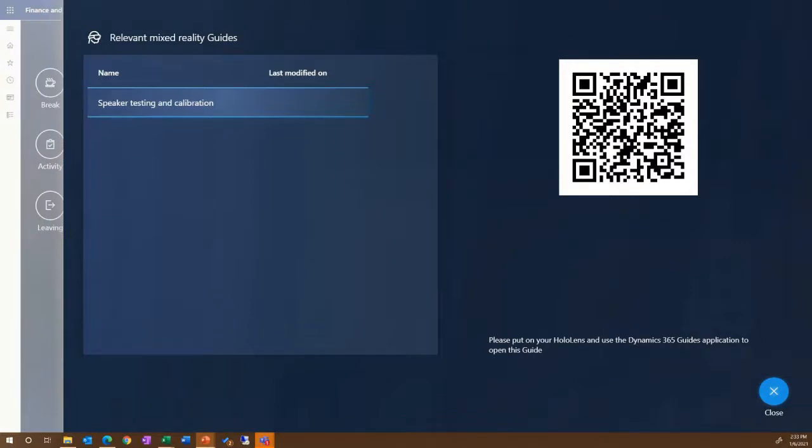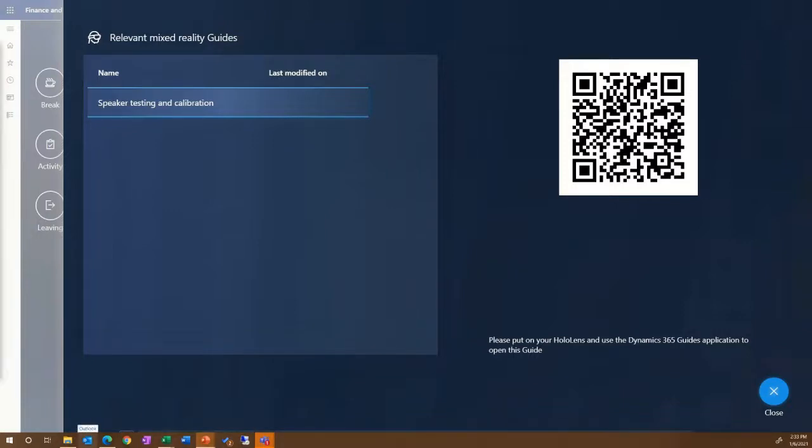The important point is that if you're in the manufacturing process and you get tasked with performing a guide, all you need to do is put on the HoloLens, gaze at the QR code, and it will take you straight to the guide, without you having to find it within the authoring or the operating item, as I was doing when I was showing the Lego minifig example. So guides is very tightly integrated in here.